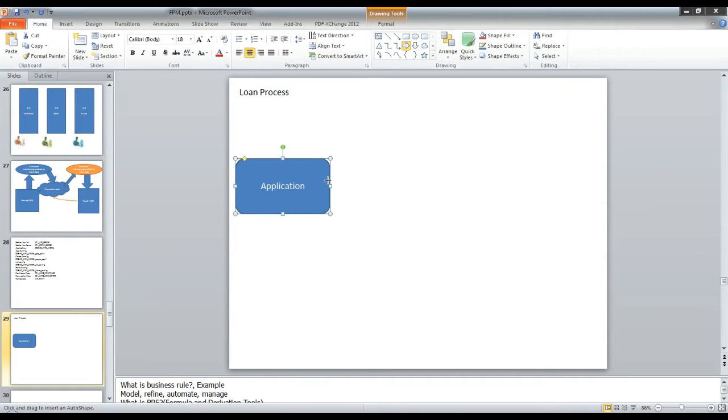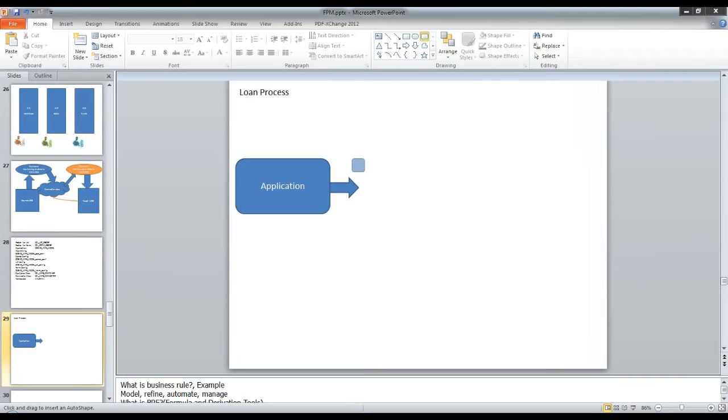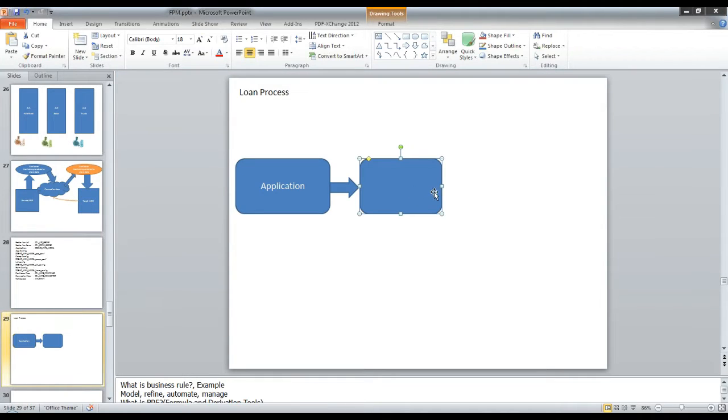The next step the bank will do is determine your credit score. They will calculate your credit score based on whatever you are putting at stake. For example, you are giving a guarantee of some brand name, or of your home, or of your PF account. So the bank will determine what guarantee you have put and what the worth of that is. Based on that, they will calculate the credit score.